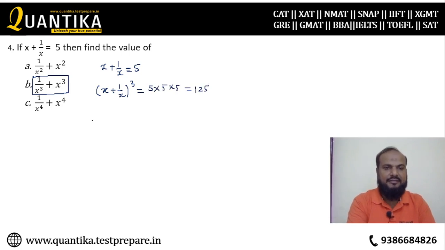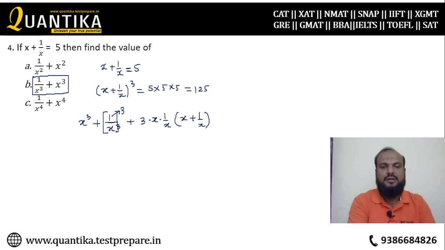Now left hand side, it is a cube plus b cube. Okay, so here I could have written (1 by x) whole cube, but then what is the cube of 1? Which is 1. So I've written 1 by x cube. Plus 3ab, 3ab within bracket a plus b is equal to 125. So this is like a cube plus b cube, x cube plus 1 by x cube plus 3ab. So this is 3 within bracket x plus 1 by x, which is already 5,